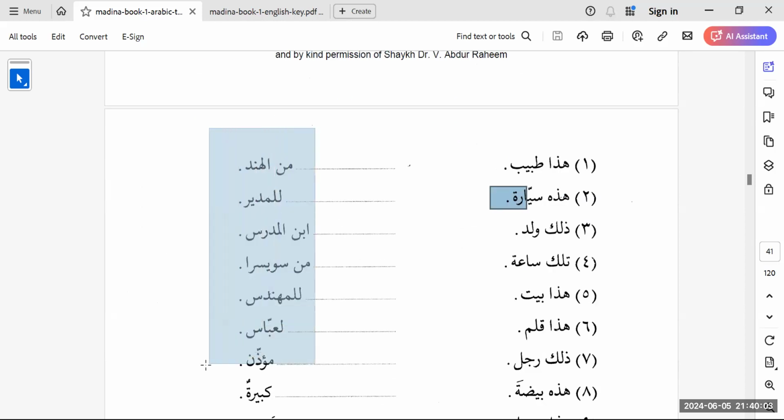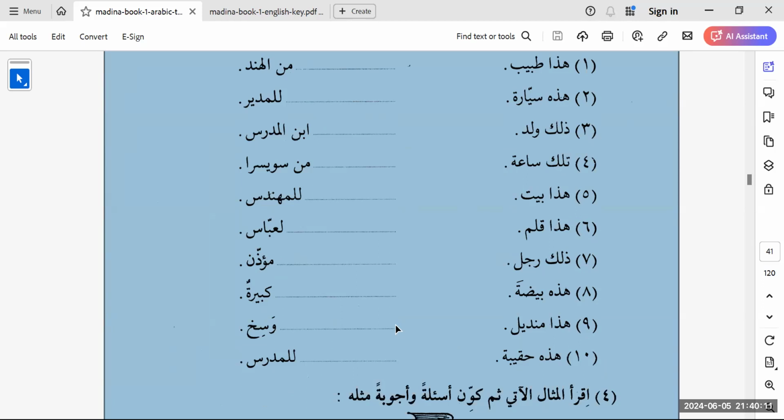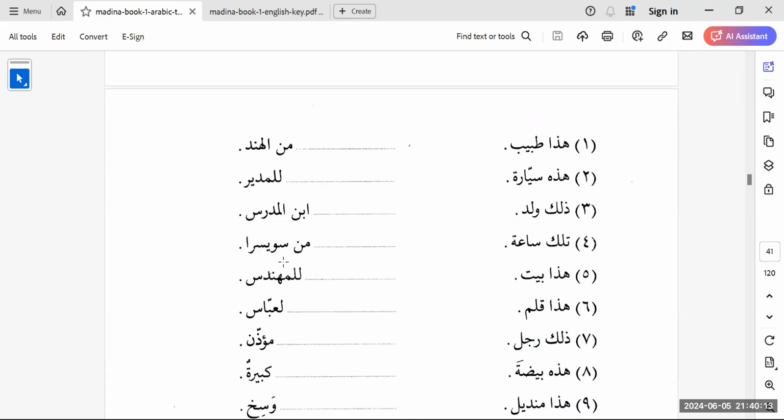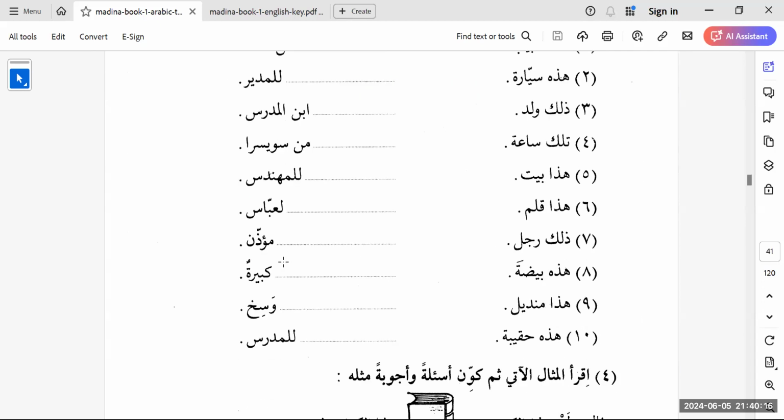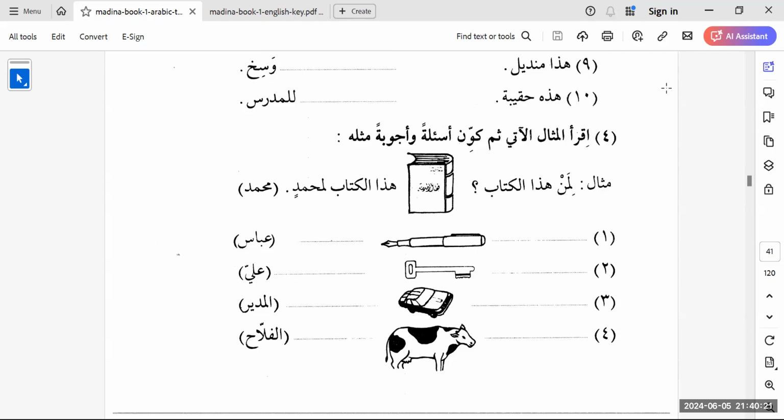So they kind of made it easy for you. They gave you all the endings. All you have to do is change the nouns into specific nouns. Okay? Yeah, that's pretty much it over here. It's pretty easy, this one. اقرأ المثال الآتي ثم كون أسئلة وأجوبة مثله. So the same thing here. They're giving you something and they want you to form the questions and the answers. One example here is